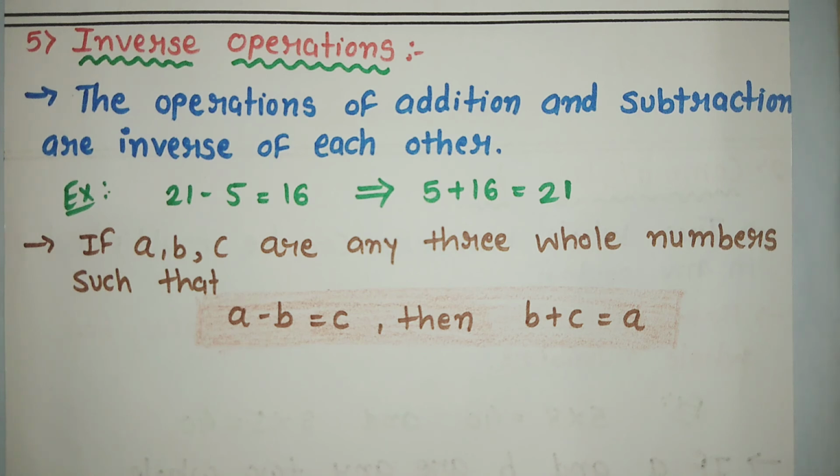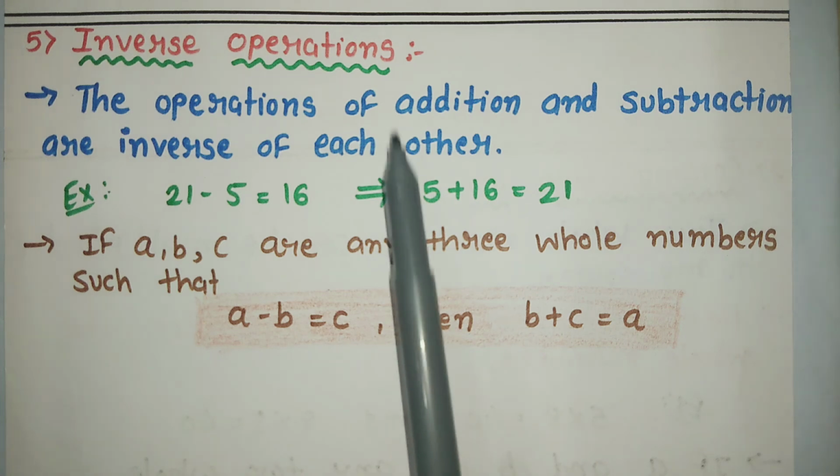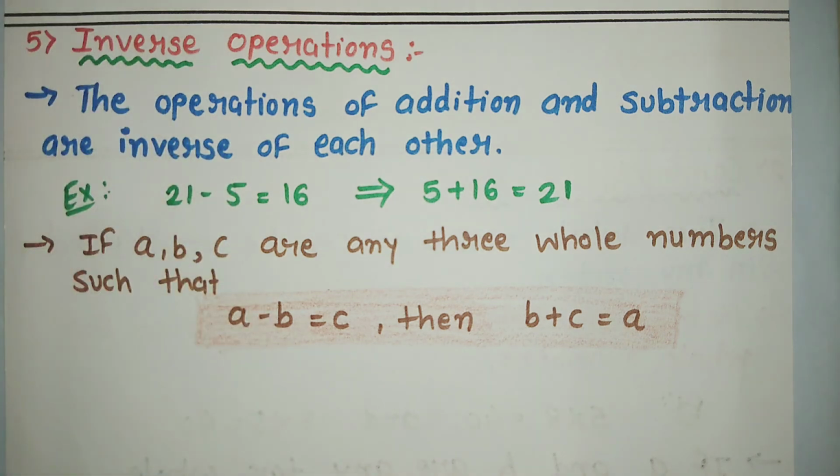Listen students, if you are wondering what the property is and why we have to learn it, you don't have to learn these sentences. You just have to understand the meaning of each and every property, because in the exercise the questions may say: use the associative property, use the property of zero, use the commutative property and solve the sum. So at that time you should be aware of the property. Just learn what the property indicates. You don't need to learn these sentences. Okay.